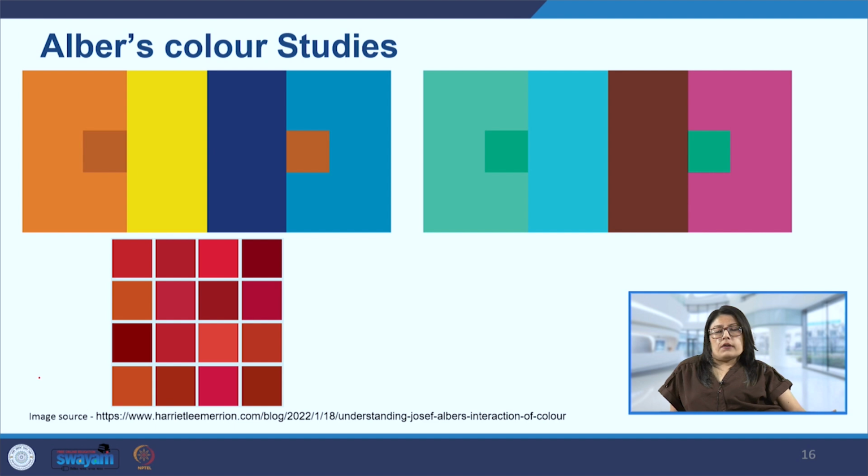So he conducted a very interesting study with his students. He asked each of his students to go back home and the next day bring the color red, what they consider the color red. And we can see in the diagram below here the grid of different reds, that different students had a different understanding of the color red.